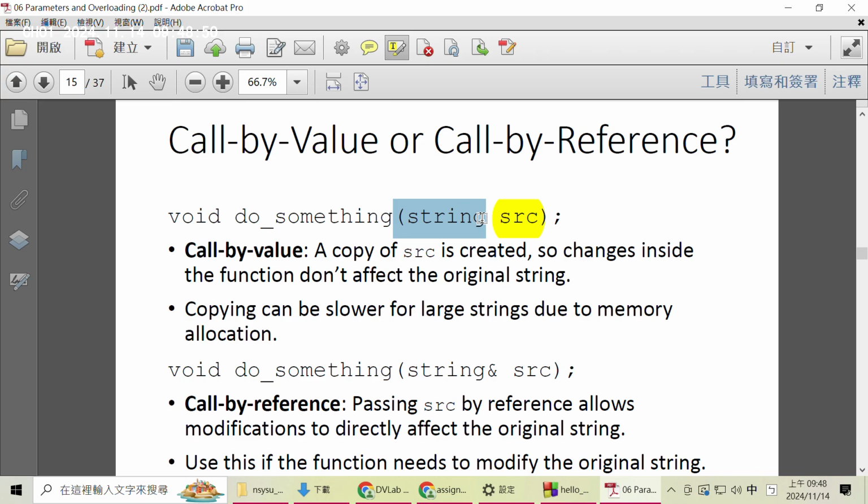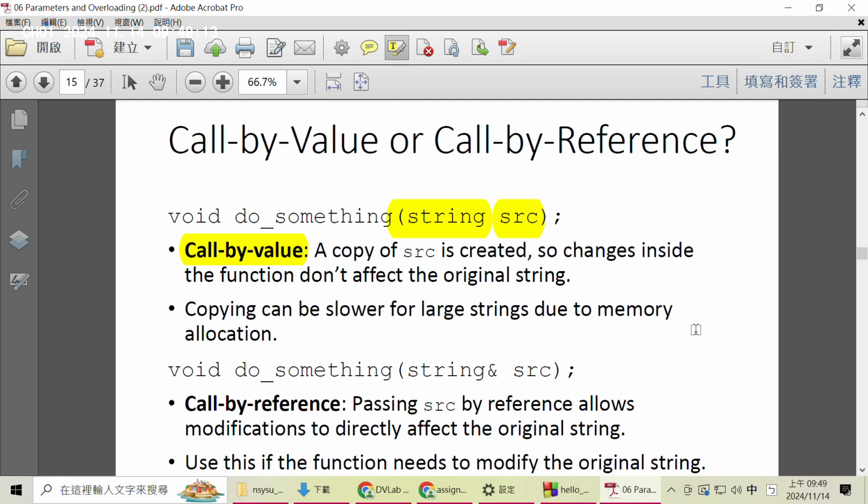Here I use the string data type, and actually you can replace this string data type with any data type you want. So if you declare a function like this, this function is call by value,